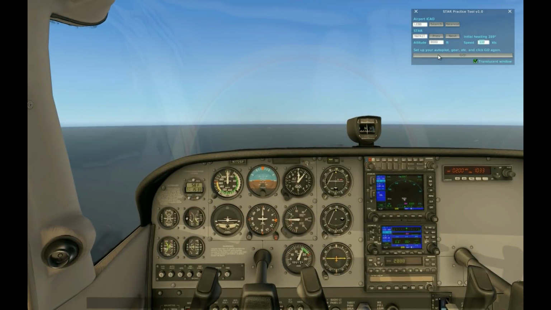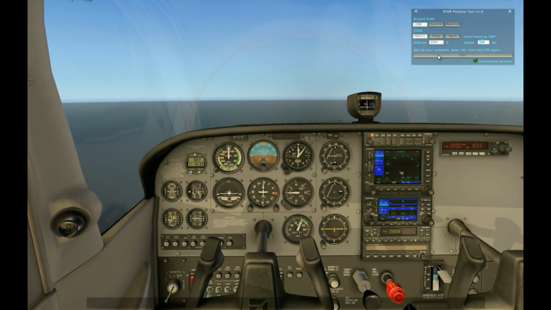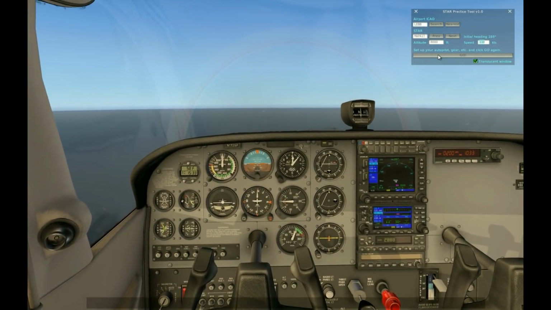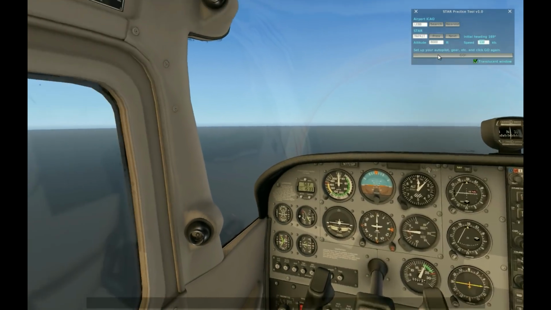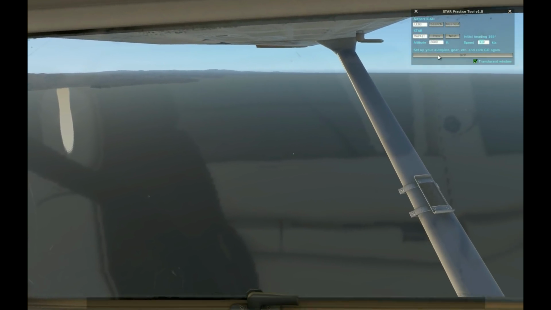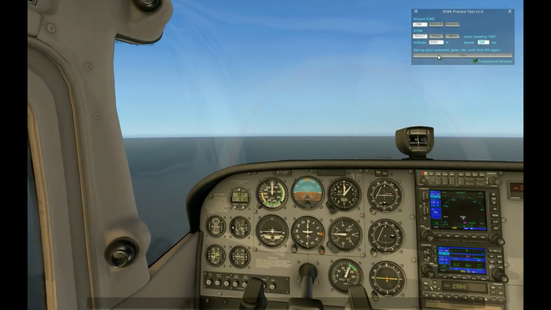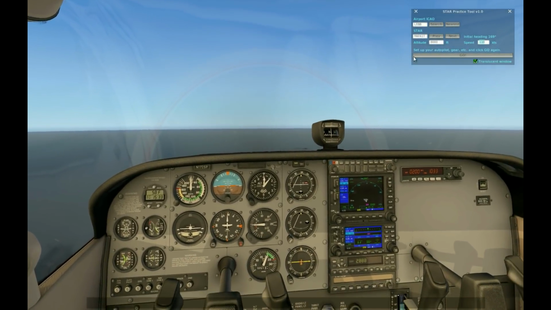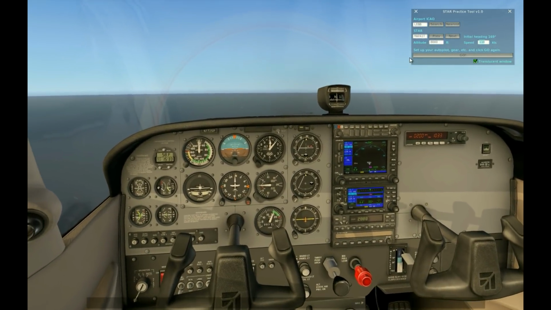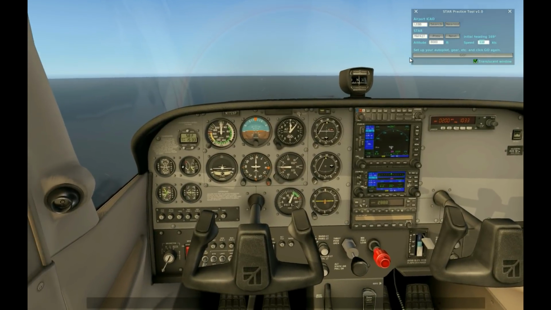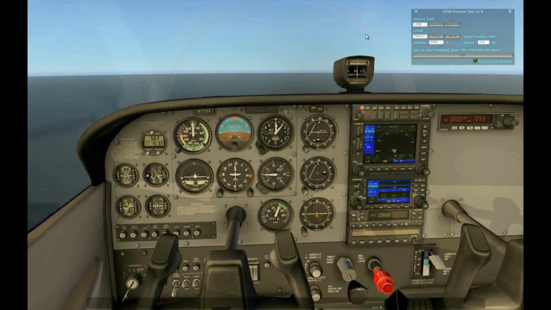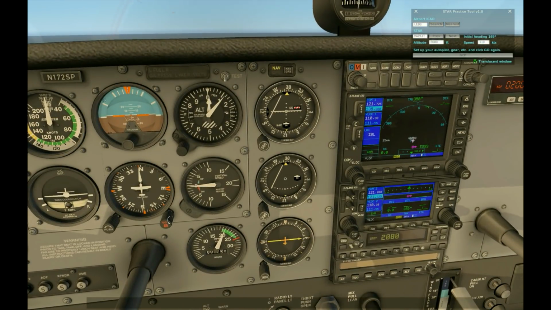Now as you can see we are over the sea as we expected, but we are not actually flying south yet. In fact, we are not flying at all. The first time you click go, the aircraft moves to the right place, but you have to click go again to start flying. So you can use this time to set things up if you need to. For example, we can set the initial heading here.